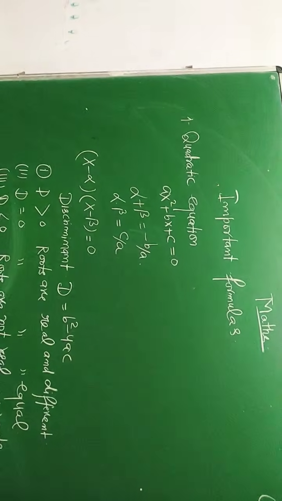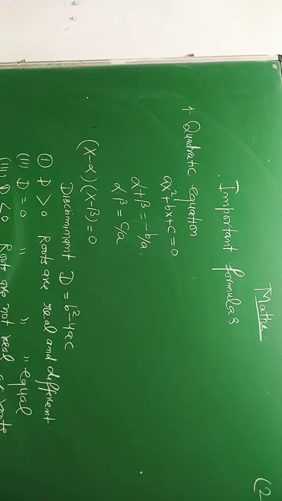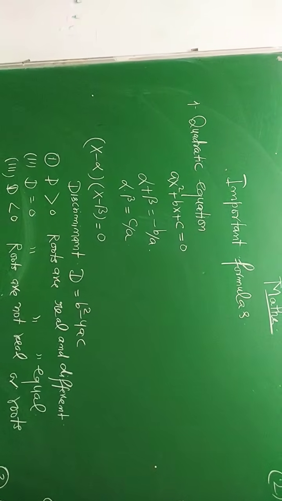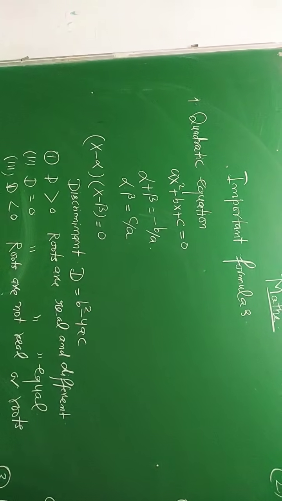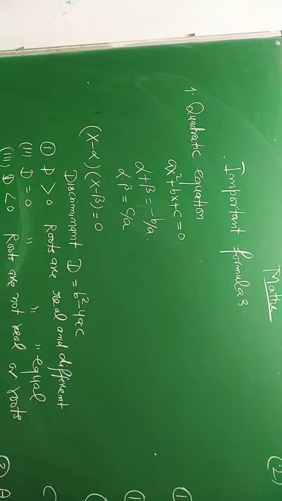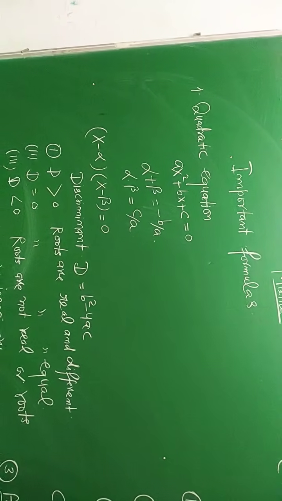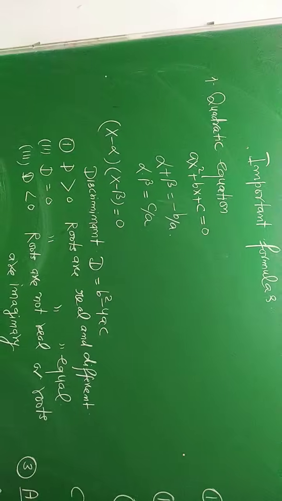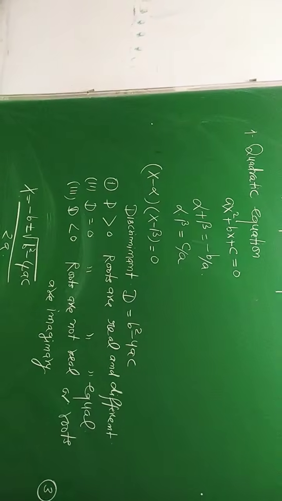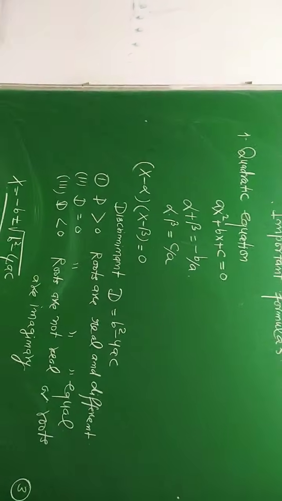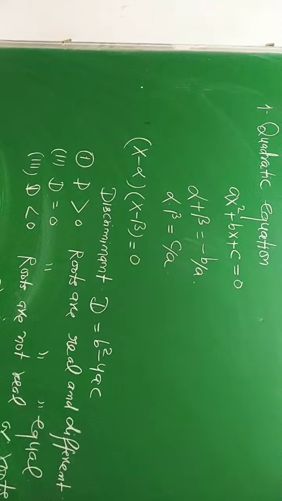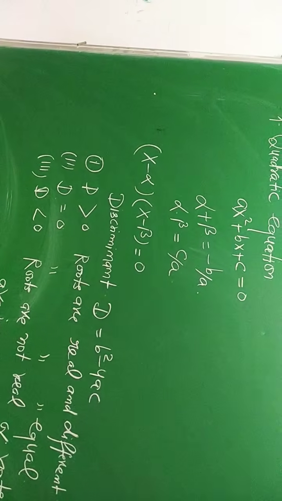Quadratic equation. Now see, ax² + bx + c = 0 is the standard form. Alpha and beta are roots. In that case, alpha + beta = -b/a. Alpha × beta = c/a. And if roots are given, then to find the quadratic equation, (x - alpha)(x - beta) =